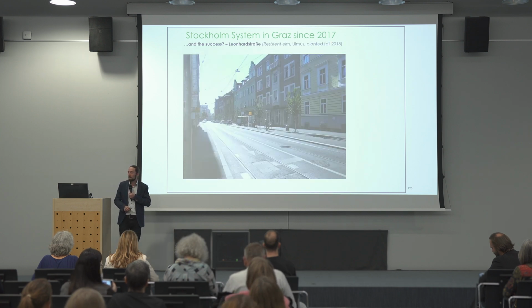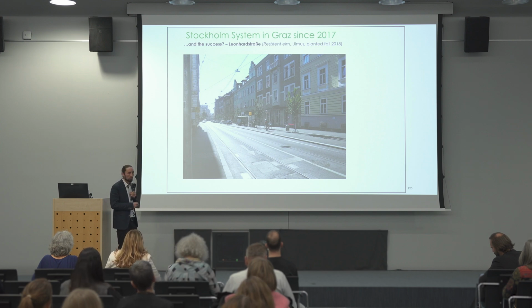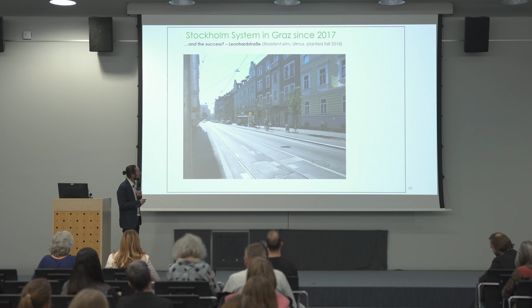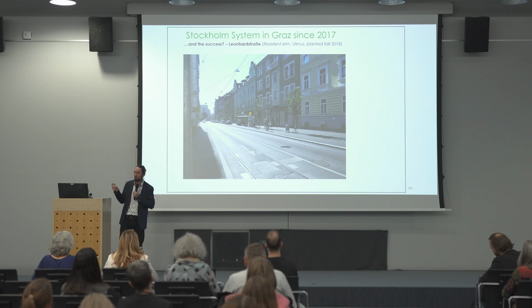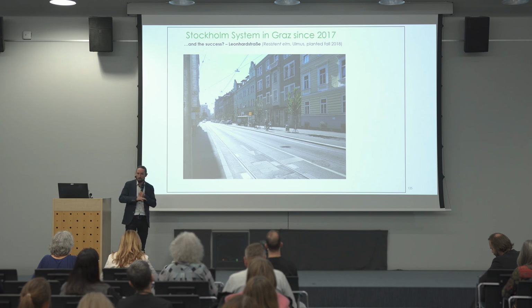Another example from the Leonhardstraße, a classical situation where there's a tram station, and there we planted the resistant elm. I saw it in Ljubljana also. You use it also. In the station, we made this structural soil underneath totally and infiltrated the water. And over there, we did it normally, only to try for the first years.